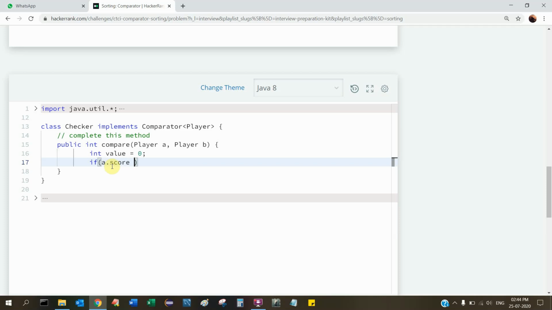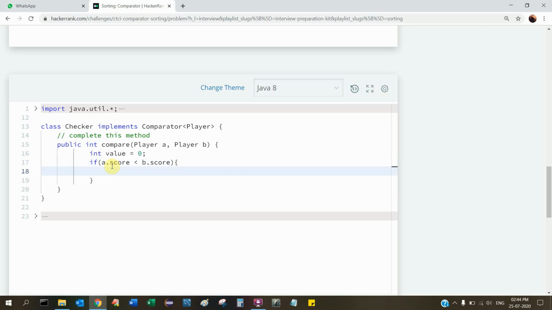If a.score is less than b.score, then value equals... If a is before b, it should return -1. That is for ascending, meaning 1 2 3 4 5. For descending, 10 9 8, it should actually return the opposite.